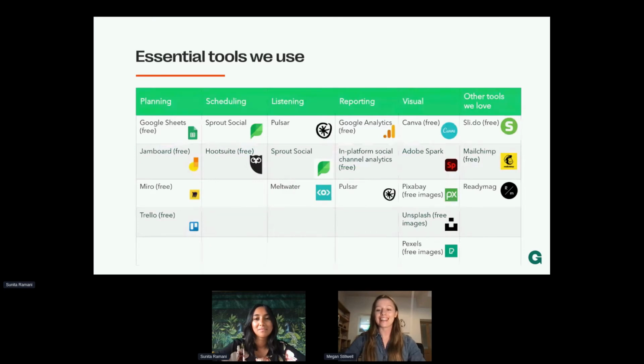Fab. Okay, so hopefully you have a little idea of the type of bang moments that you could create, how to brainstorm them, and how to plan your timeline ahead of launching your bang moment. These are now some of our favorite tools that we use when we're running a campaign. And lots of them, as you can see, are noted as free, and they can be completely free to use or will have a free version. I'm going to run through some of the lesser known ones now.